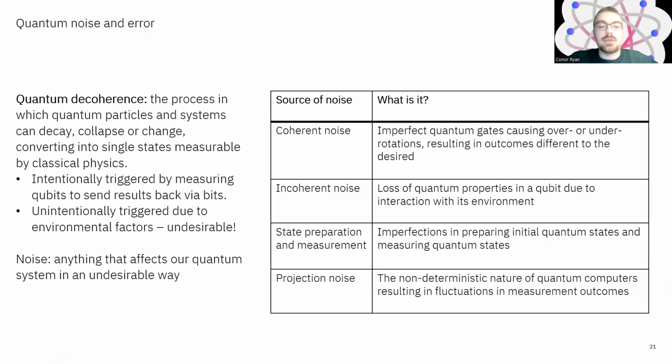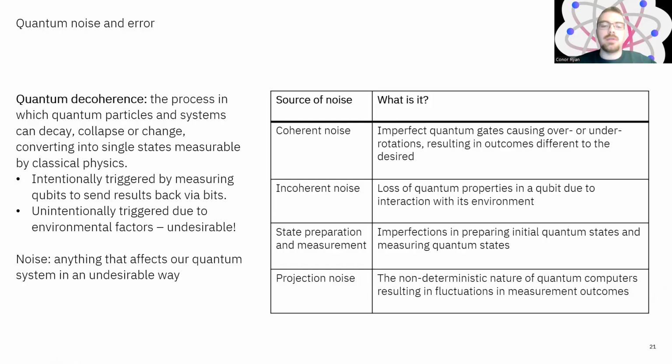So there are a variety of noise sources, such as coherent noise. This could be caused by an imperfect quantum gate causing over or under rotations. If you think back to the Bloch sphere example we had, where your single qubit state exists somewhere on that sphere, if we wish to perform a quantum operation that rotates to a certain point, but it is imperfect and we rotate a bit past or to a bit before that point, we will have a slight error in the state we are expecting. And if you perform quite a long computation using this operation multiple times, the error will build up.